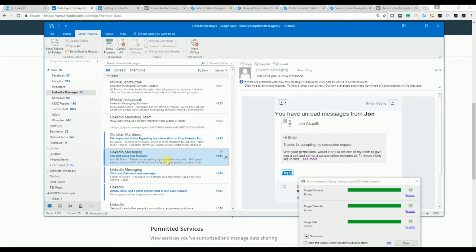I'm back in my LinkedIn inbox on my Outlook. Here's a really, really good example of what I don't like about the way some people go about connections. So I've connected with this guy today, 1:58 p.m. I think we connected, and at 2:15 I've already got a sales message. So if I click on see more,